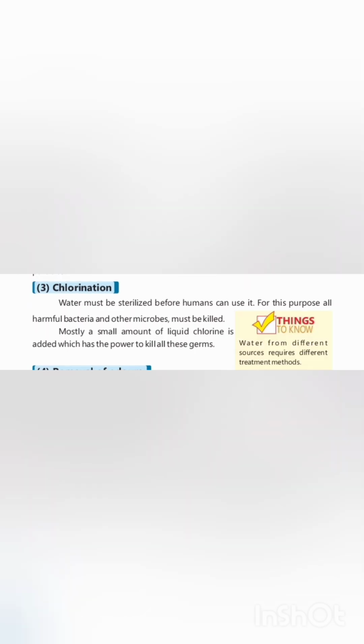Chlorination. Purpose: filtration clears the water visually, but it does not remove invisible living biological threats. Water must be sterilized to kill pathogens before human consumption. The process: a small, carefully regulated amount of liquid chlorine is added to the filtered water supply. Mechanism: chlorine is a powerful disinfectant. It attacks and destroys the cell walls or metabolic processes of harmful bacteria and other disease-causing microbes, rendering the water